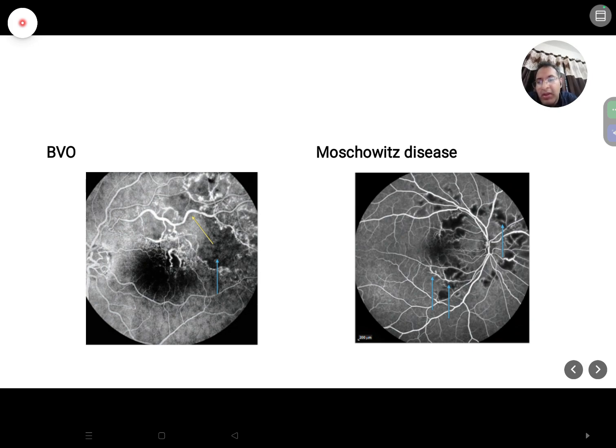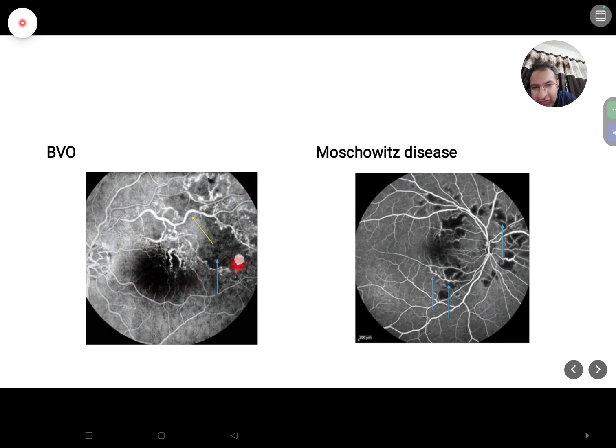BVO. In branch vein occlusion, what do we have to note? First, what is this phase of the angiography? In this phase, arteries and veins both have been filled, and now there is staining of the vessels. Along with that, we see that the vessel here has not emptied of blood. So there is some occlusion which is not letting the dye go away and recirculate. So there is a vein occlusion because arteries are already empty, veins are still not empty, and because of this occlusion,